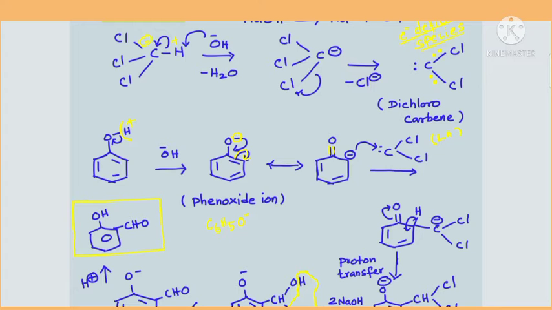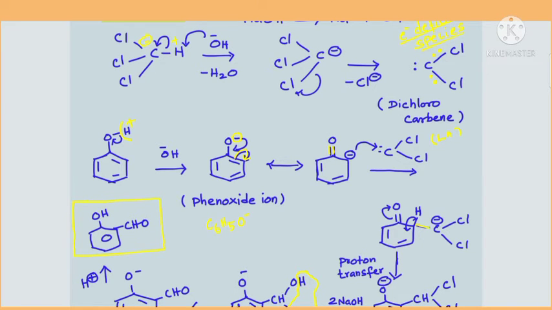Now the dichlorocarbene will react with this species. This is also nothing but a phenoxide ion. These two structures, what do you call them? Resonance structures. So this carbon, being electron rich, can readily attack the carbon atom of dichlorocarbene, because that carbon atom of dichlorocarbene is an electron deficient center, isn't it? Right. Now what will happen is this carbon will share the electron with this carbon atom of dichlorocarbene. So it forms a new bond here.